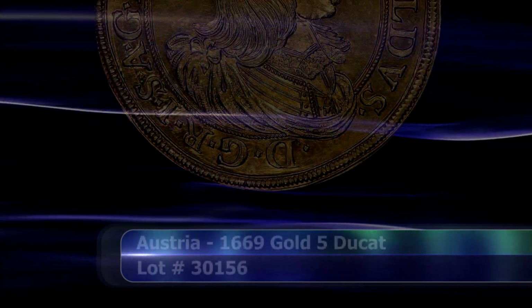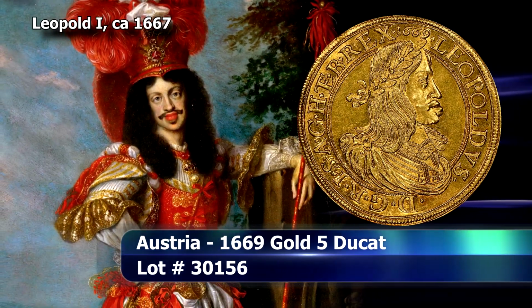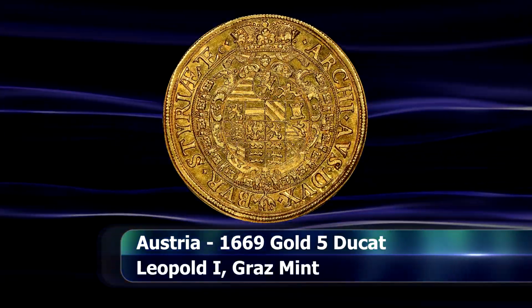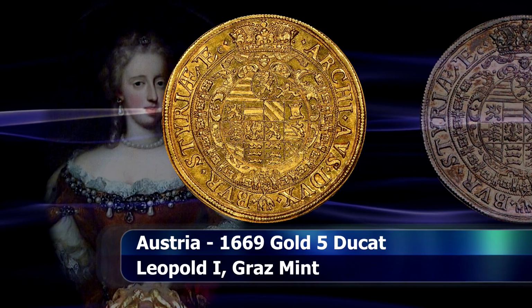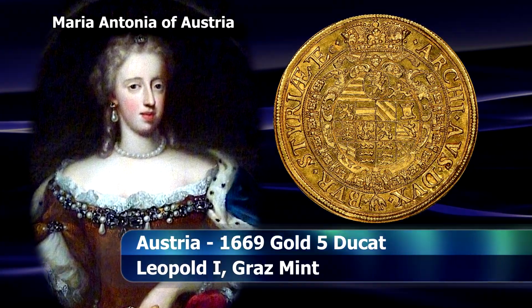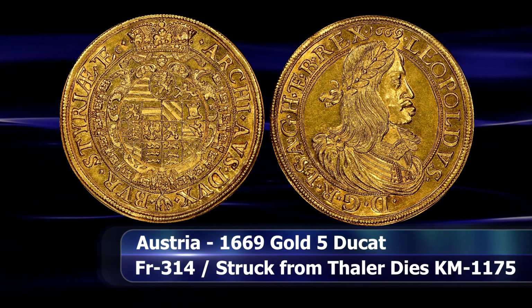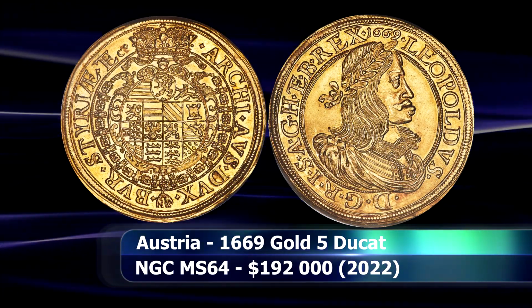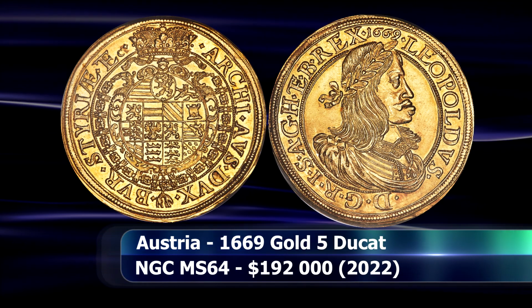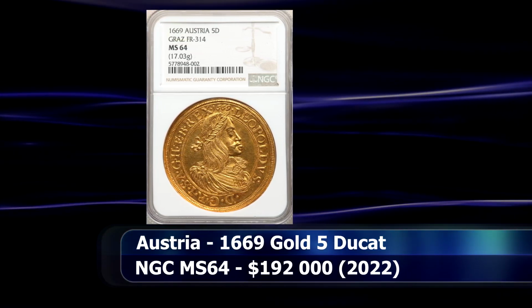$93,000. Then we see a stunning Austrian gold coin from the reign of Leopold I. This piece was masterfully struck, clearly with great care, and to the value of 5 golden ducats. This was done with the regular dies from the silver thaler coin from 1669, a piece that is clearly a presentation coin, dated the same year as the birth of Leopold's eldest daughter. Perhaps that's merely a coincidence, but then it's also fun to think that, well, perhaps it's not. Authenticated by NGC, the sole example certified to date as MS64, the coin achieved a closing price at the unreserved auction of